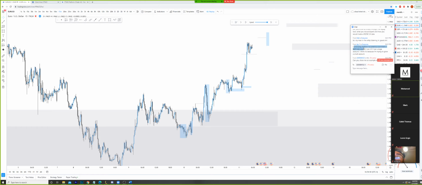Continuing on from my previous comment, I definitely wouldn't do it if I had a large account. I think it's because I'm trying to grow a small account. Yep. Can you show me an example or two of POI? I have problems finding one, and the meaning I can't get confirmations by Wyckoff and B's and S&D zones. I'm stuck finding a POI and then continuing testing and improving.